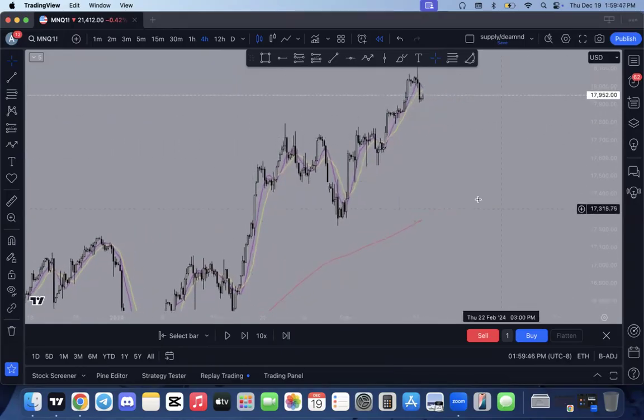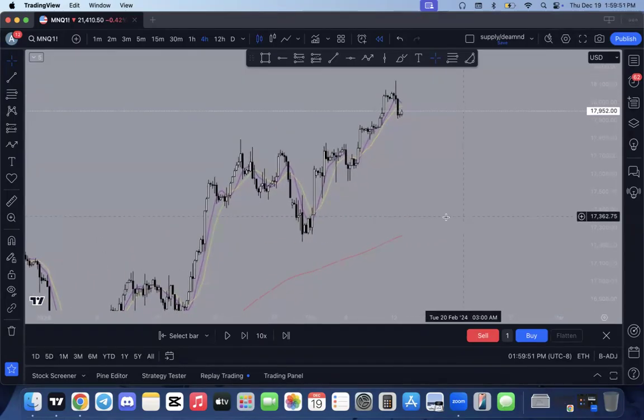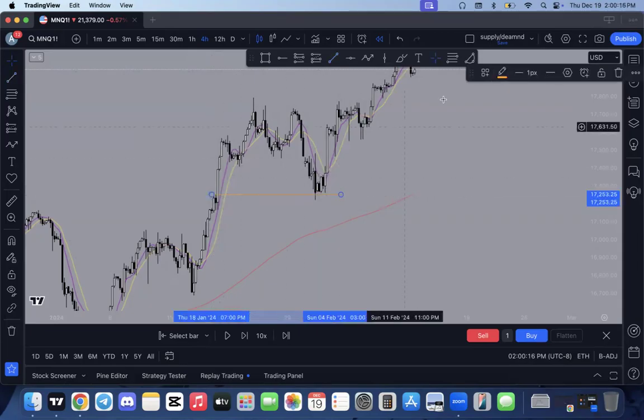And how I identify my order blocks is where we see a big distribution or a big move to the upside or downside, whether it's in an uptrend or downtrend. So right here, we obviously have a big push up, right? And then we had a little pullback. And how we know that price was going to continue up was right here. We see this 4-hour candle,